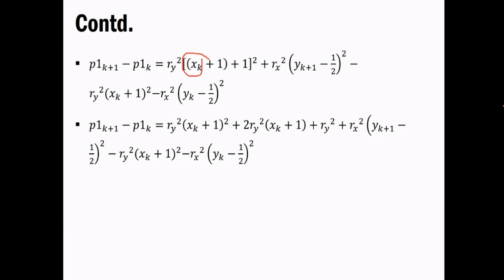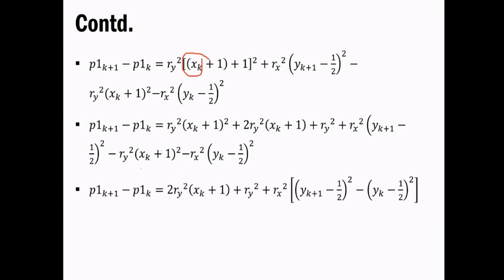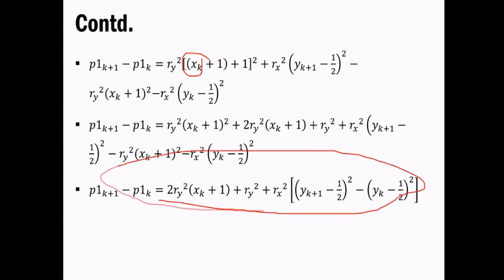Now we have pk plus 1 minus p1k, and after simplifying the whole of this you would get this particular thing. You can do this in your notebook also. You have simply multiplied this thing, and the remaining thing we have with us is this particular equation. This simplification will be the same as what we did in the circle case. If you want the simplification steps here, you can try once, else I will give you the steps also. It is simply a simplification process.